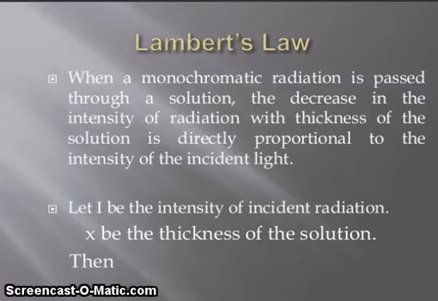Now friends, Lambert's law. When a monochromatic radiation is passed through a solution, the decrease in the intensity of radiation with thickness of the solution is directly proportional to the intensity of incident light. Let I be the intensity of incident radiation and x be the thickness of the solution. Then